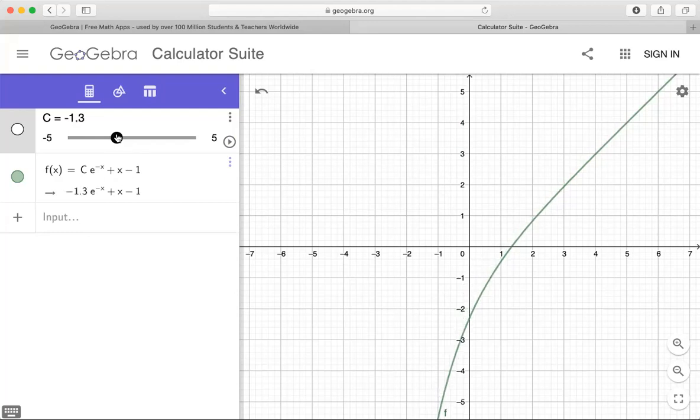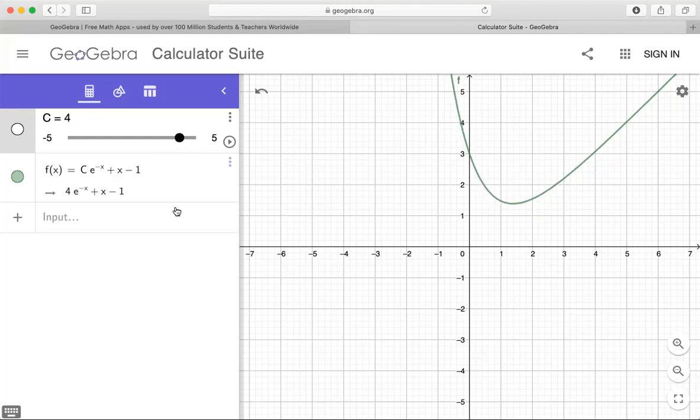Suddenly, when c is negative, now this first term is going to become extremely negative very quickly for very negative values of x. But still, as x gets positive, this first term just goes to 0, and we get that straight line appearing right there. Okay, great. Let's just go back to our solution, which was 4, I believe,